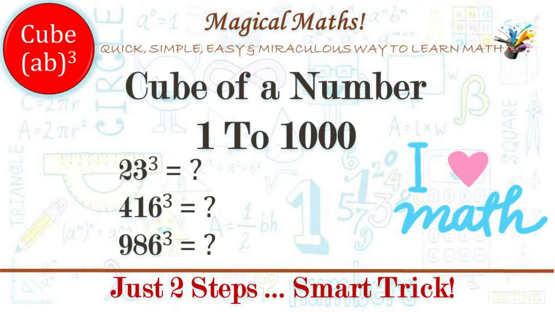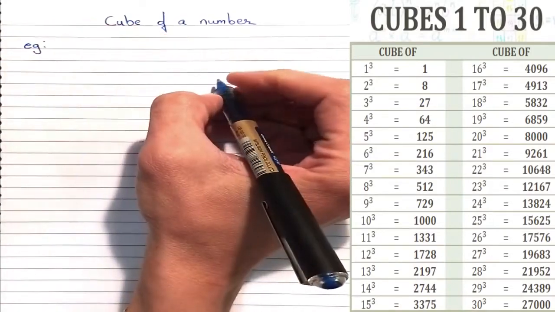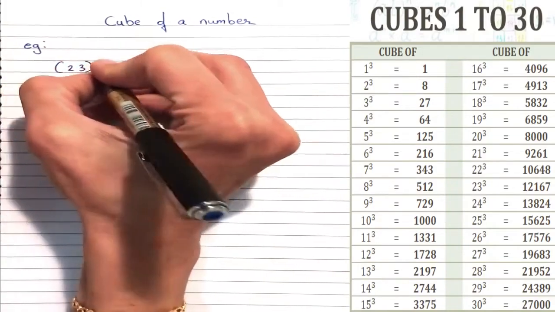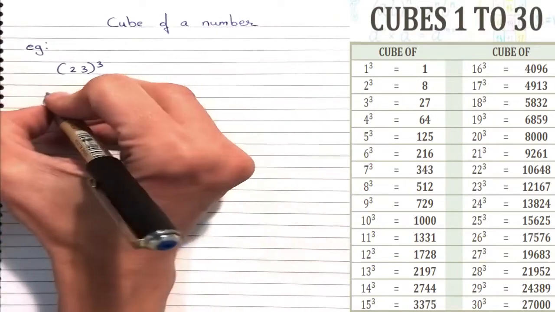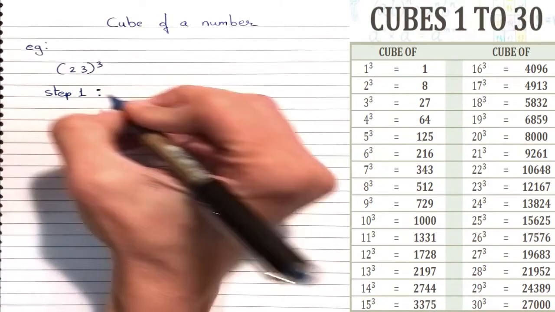Hi friends, let's look at the trick to find the cube of any number from 1 to 1000 in just 2 steps. Let's take an example. If we want to find the cube of 23, then in step number 1,